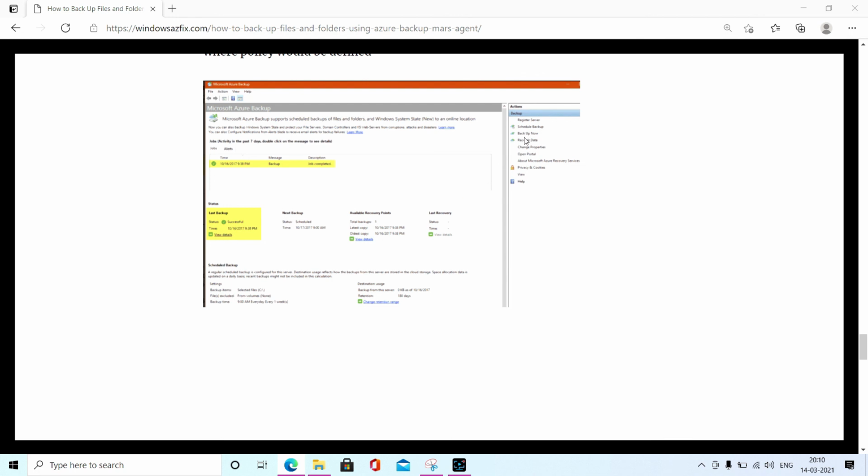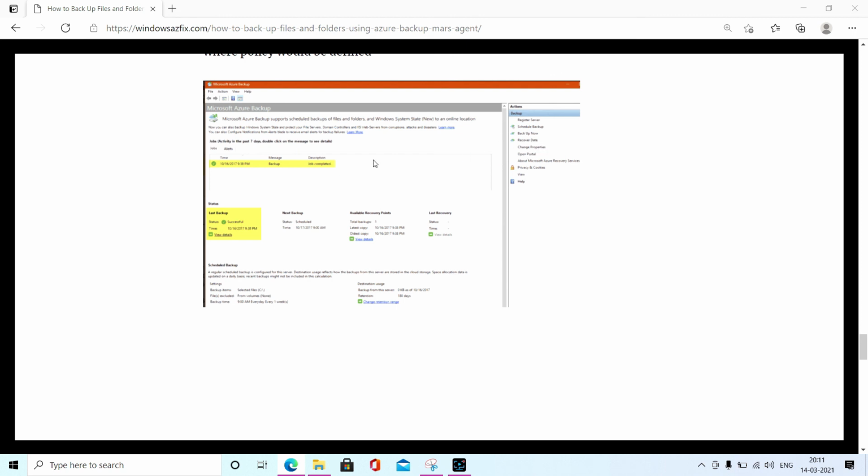And if you want to recover, sometimes a folder is accidentally deleted, and the owner, application team, or server owner asks to recover that file. In that case, you have to visit this recover data option and select the date.